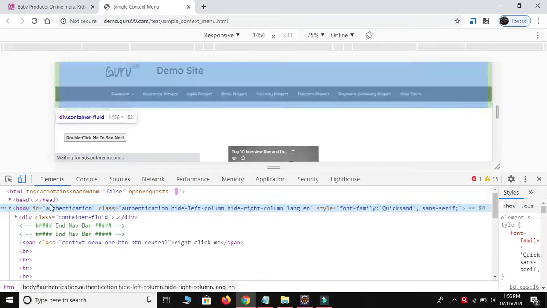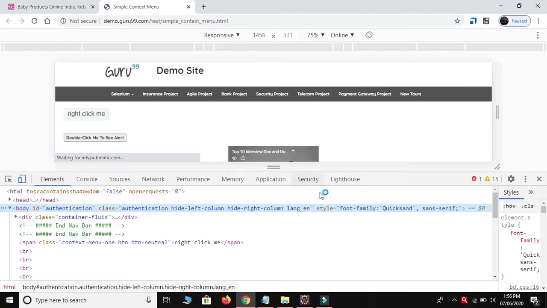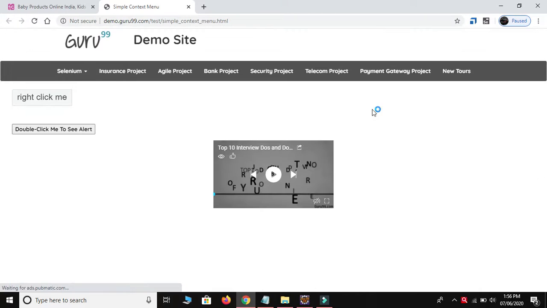Okay, and come inside this elements tag. I will show you one more time. If I need to inspect this web element, first thing is we need to create the XPath. But when I right click on this web element, I am able to see this option. Okay, I want the inspect button. But if the system does not provide the inspect button, I still need to create the XPath.